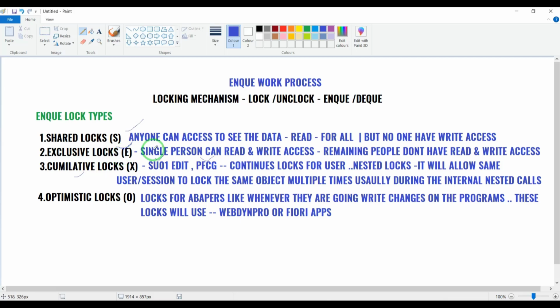Exclusive locks are also used by some sales and material management team people, MM and SD, as well as ABAPers, and as a Basis consultant we are going to use these E type exclusive locks. And cumulative locks we are going to see, like these are our Basis administration locks. These X logs we can monitor for Basis administration and